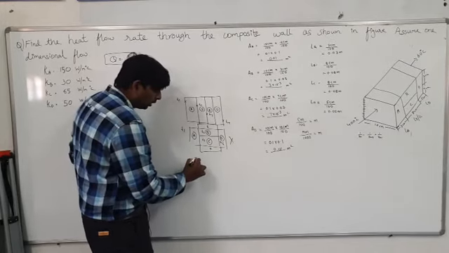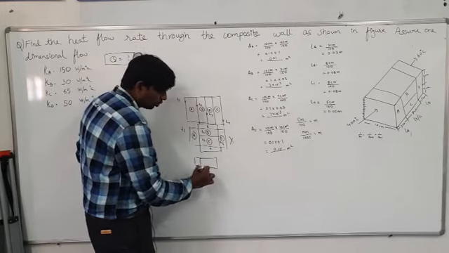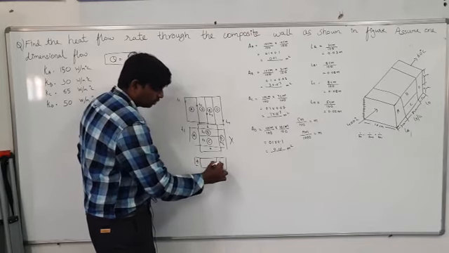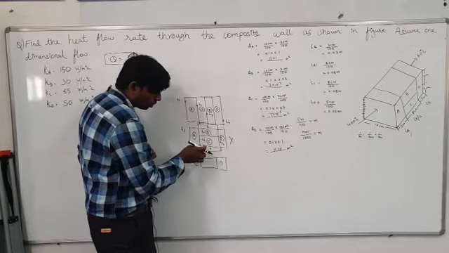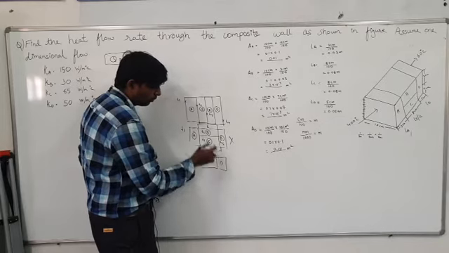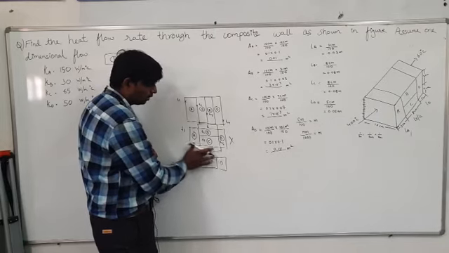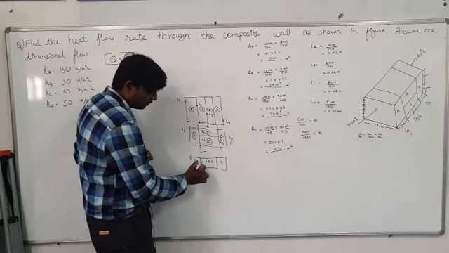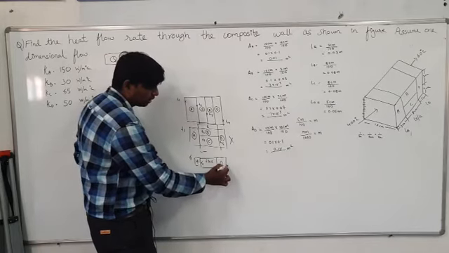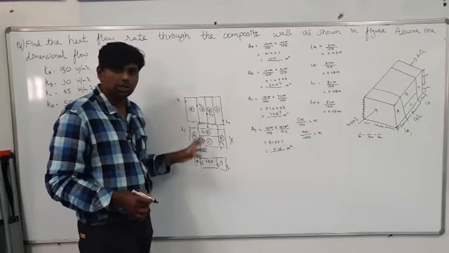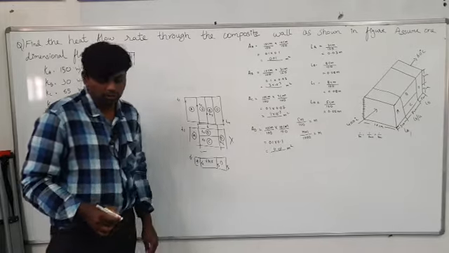How to convert: this is component 1, this is component 2, and this is component 3. This one you take as A and this one you take as D. This is the combination of 1, 2, 3, 4. This is the combination of E, B, C, F. If 4 are there, if 2 are there, then it's a combination of this one. After that you can take this as T1, this as T2, this one as T3, and this one as T4. Like this you have to do. After converting only you will get the values. Okay now?